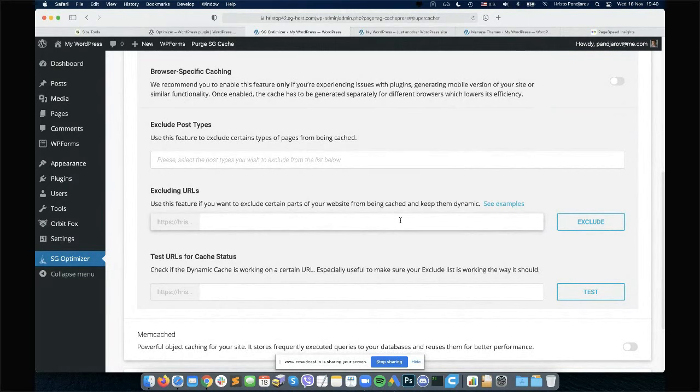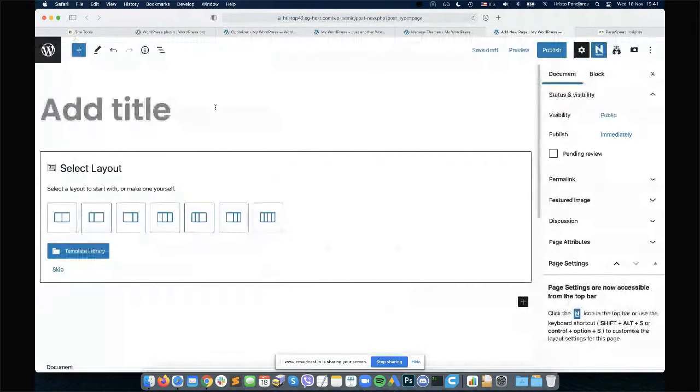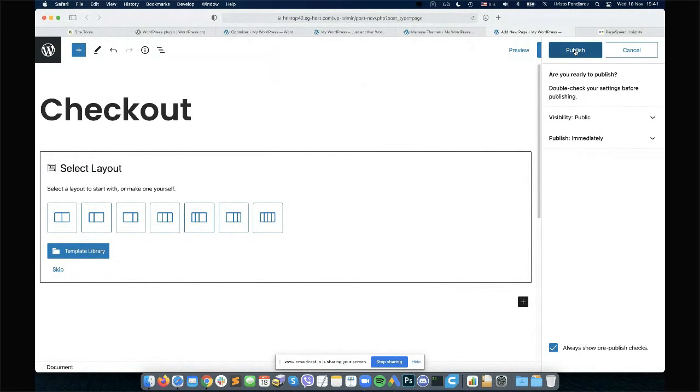We keep those excluded by default, but I would recommend that you always use the test functionality. The test functionality will show you whether a URL is cached. For example, now the index page is cached, but if we create a page called checkout, I don't want to install WooCommerce because it will take some time, and publish that page,